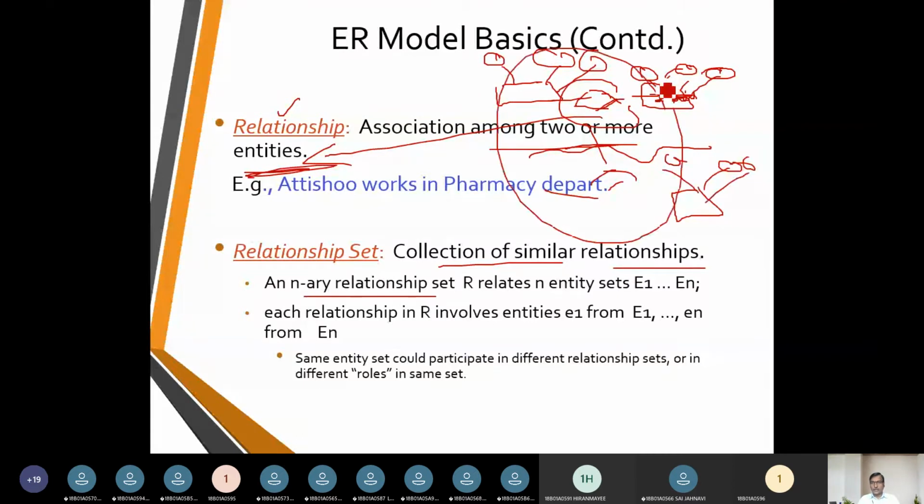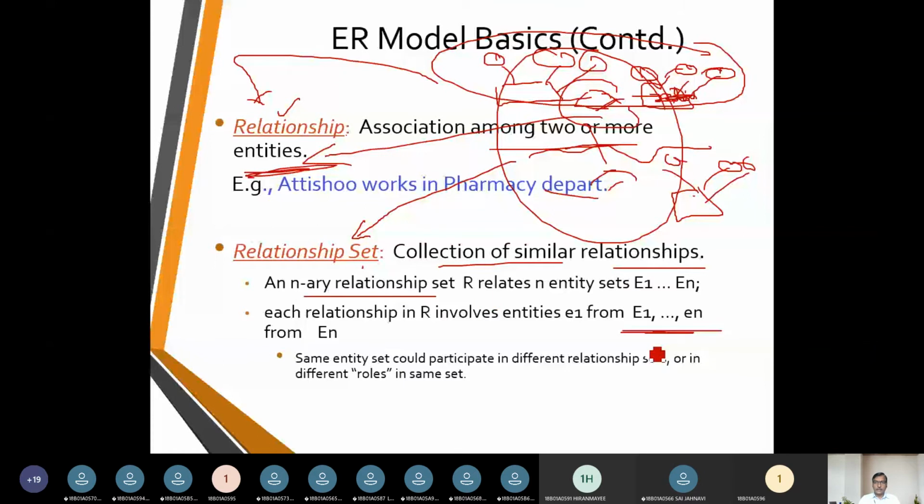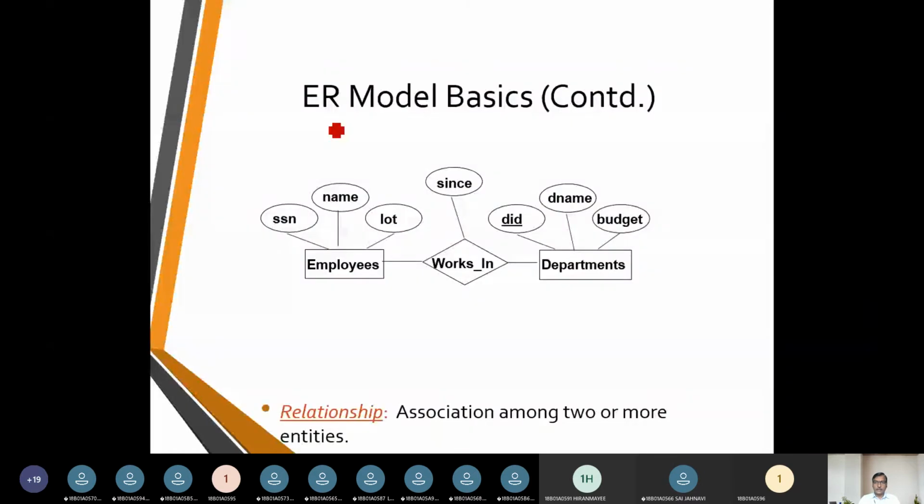When we focus on only these two entities, then it is going to be a relation. It is between multiple values that it is going to take up as a relation set. So each relation set is going to involve multiple entities as participating contents. So the first example, we do have a relationship. We are going to call it a working relationship.